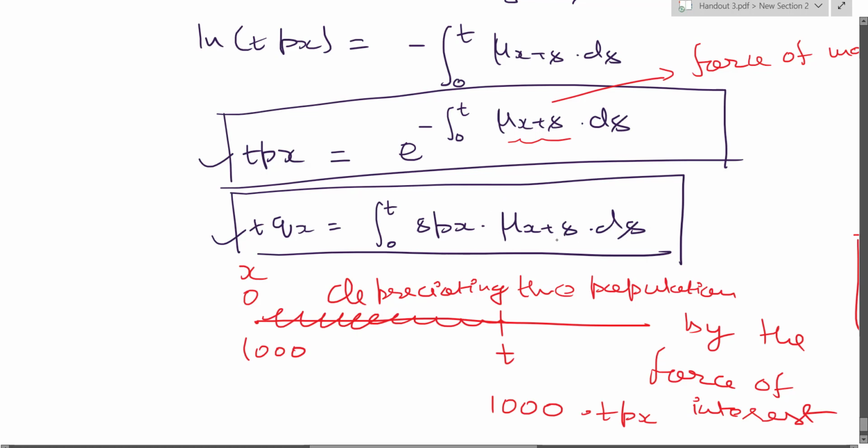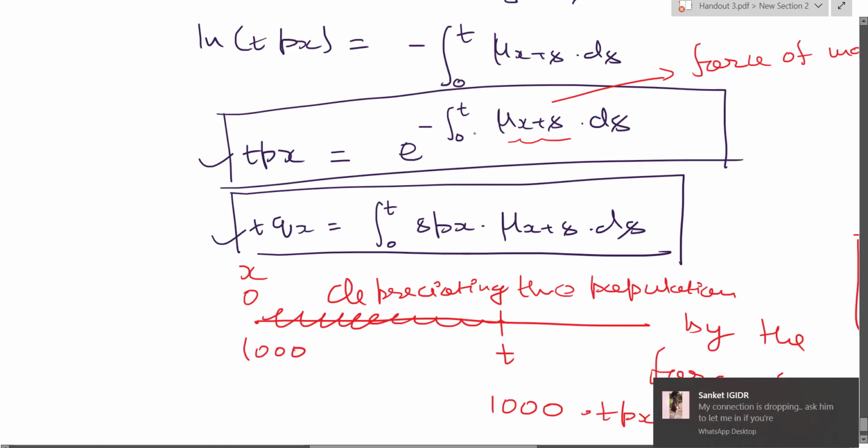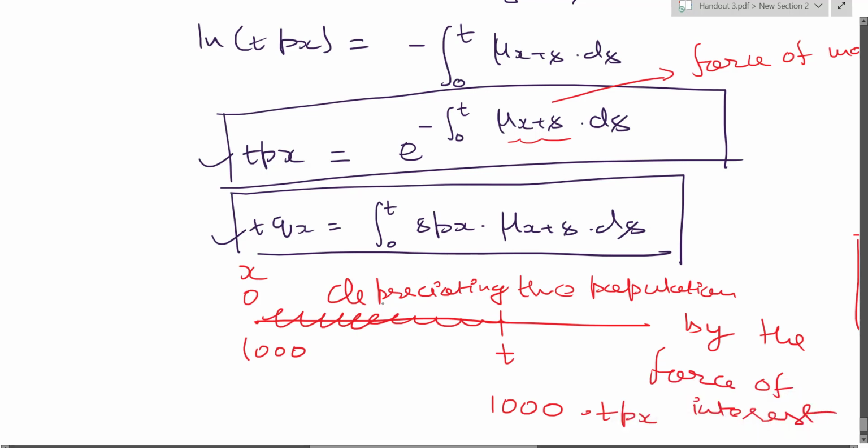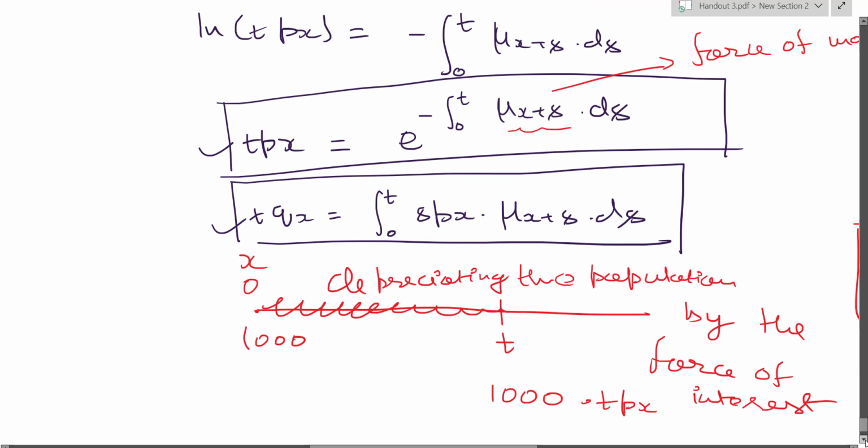Why do you use x plus s? Because that is the force of mortality that will apply at age x plus s, and then s goes from 0 to t. So that is one way of understanding this: that you are trying to depreciate the population over t years using this force. The other way to understand this is